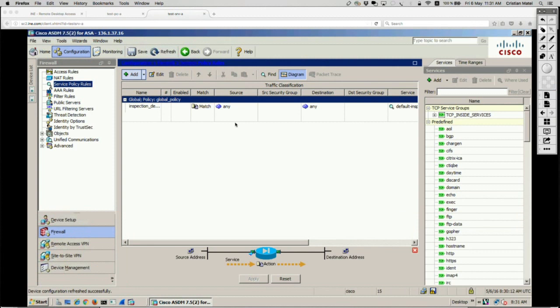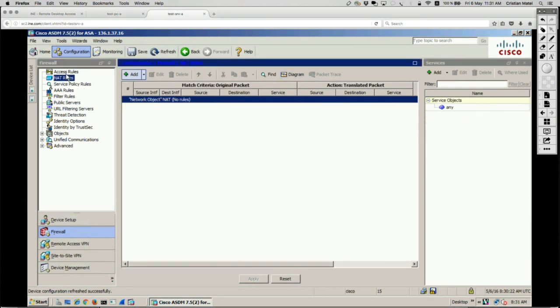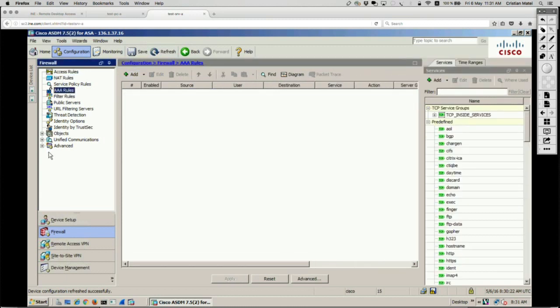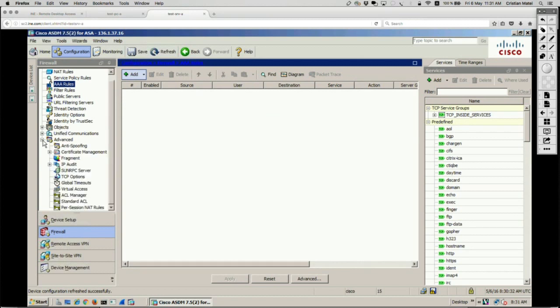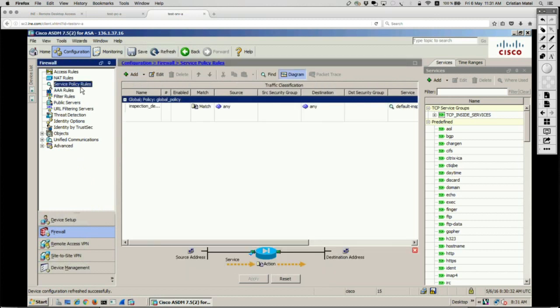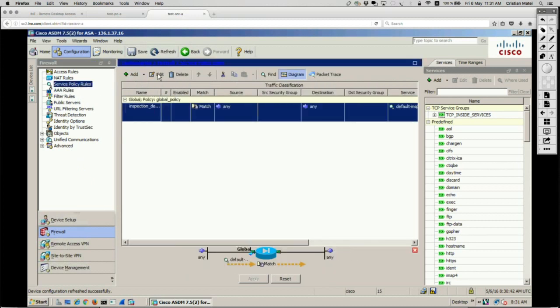Okay, so we go under firewall and then we go under service policy. In general, whatever is not under the specific configurations in there, you're going to find under the advanced part of the ASDM. So if you look at the service policy rules, we have that default policy map, and if you say edit,